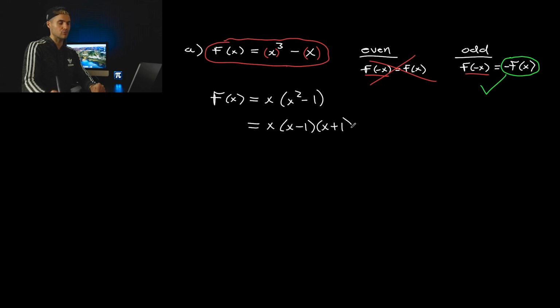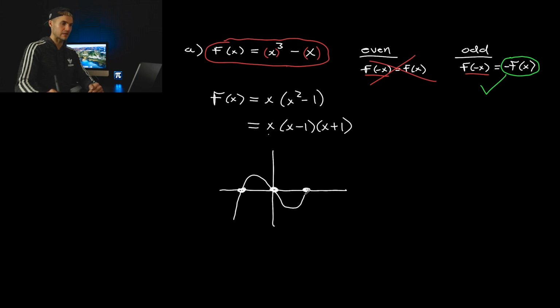We're going to go through polynomial functions in a future unit in more depth, so you don't need to know at this point how these graphs look. It's more so the algebra you need to know. But if you are curious, you have intercepts at 0, -1, and 1. And so if I was to graph this, it would basically look like this,